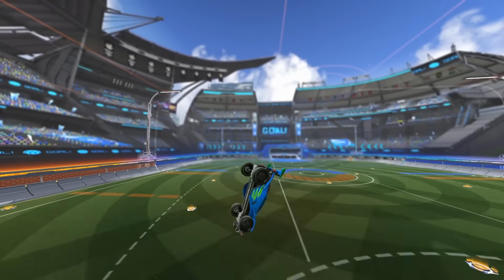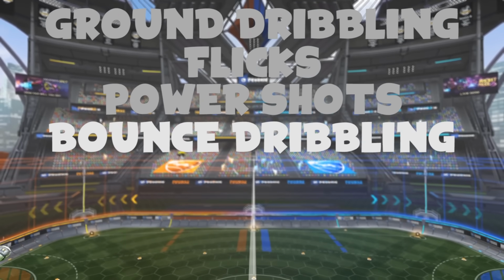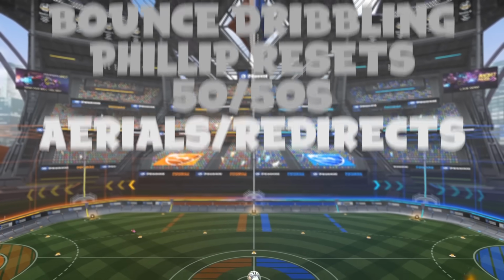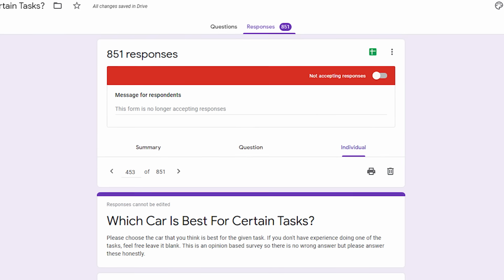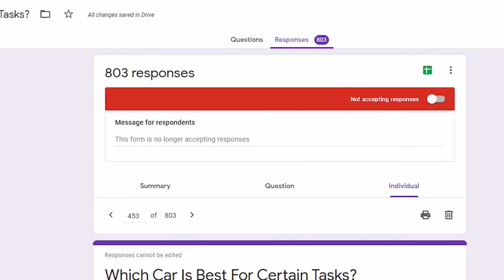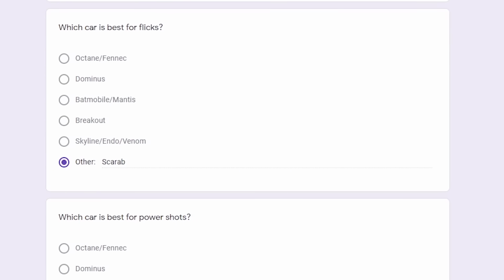So the topics we're covering today are air dribbling, ground dribbling, flicks, power shots, bounce dribbling, flip resets, 50-50s, aerials/redirects, and pinches. And by the way, you can trust the percentages we got for this since we had over 850 people complete the survey. Minus about 50 of them, because some of you thought you were so funny and you just put scarab for every single answer, which wasn't annoying at all, by the way,